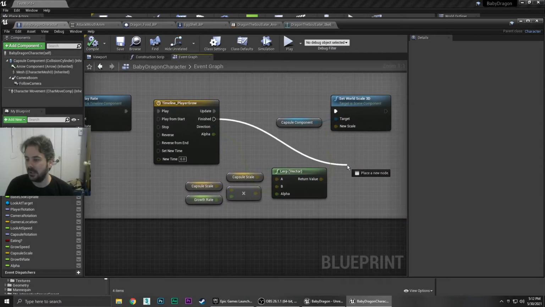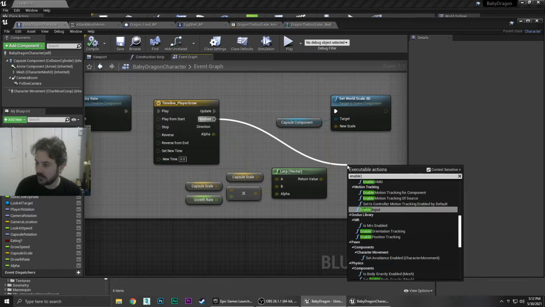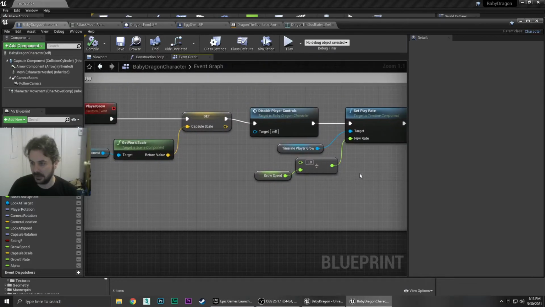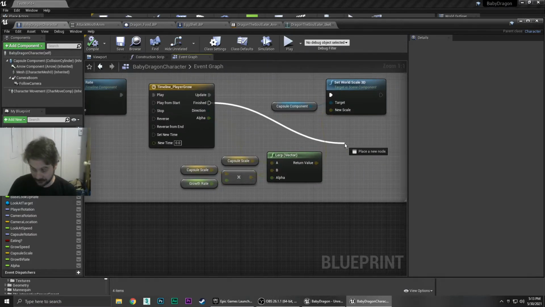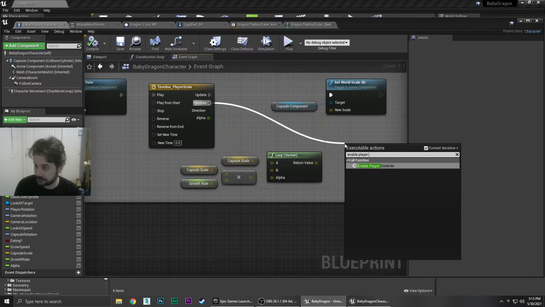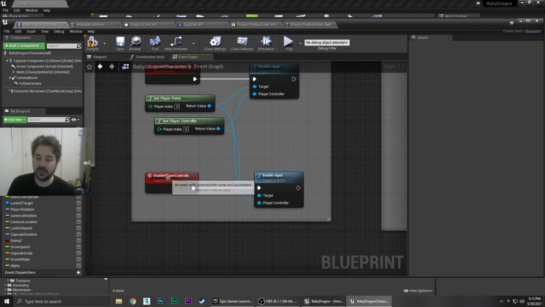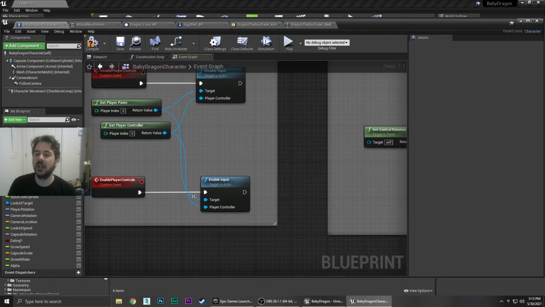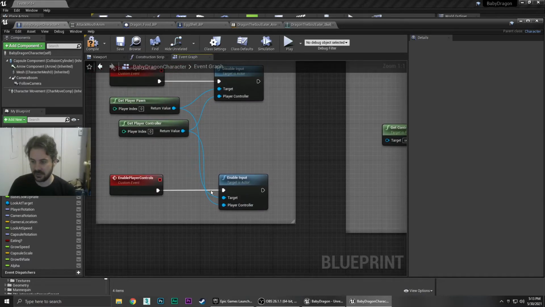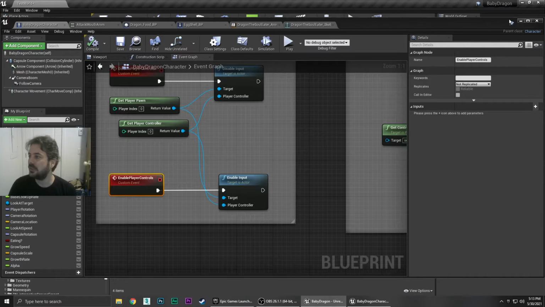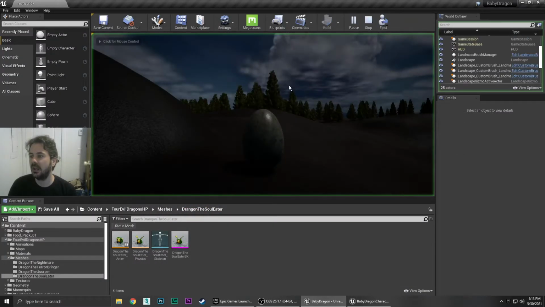So we want to drag out from our finished and type in enable input. In fact, it's not enable input, it's enable player controls. The reason being, even though we're just enabling the input here, you might actually adjust this code in the future. So you don't want to enable input directly, because you want to make sure that you're calling this specific function. So compile and save, hit play,